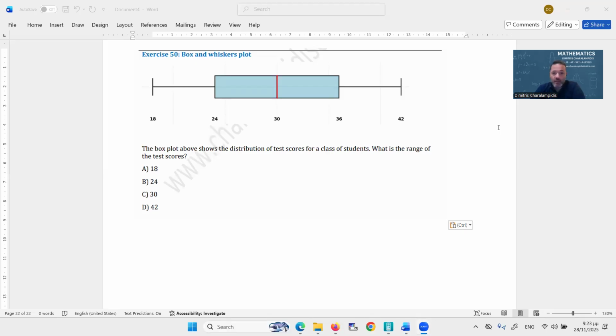Exercise 50. The box plot above shows the distribution of test scores for a class of students. What is the range of the test scores? We should know that